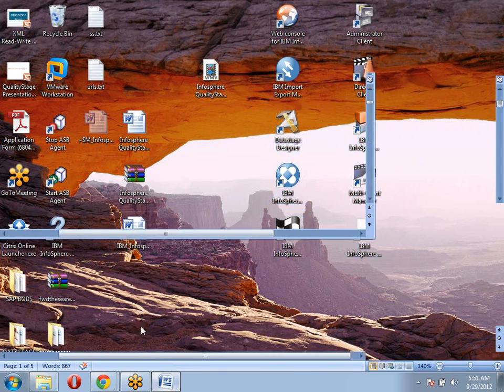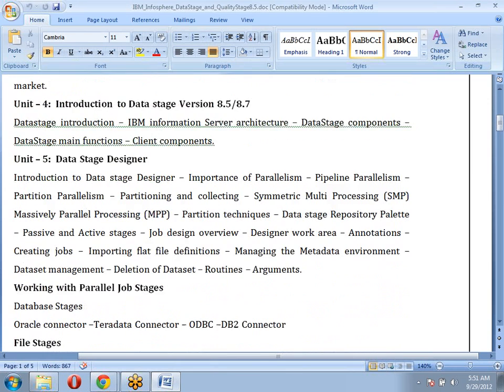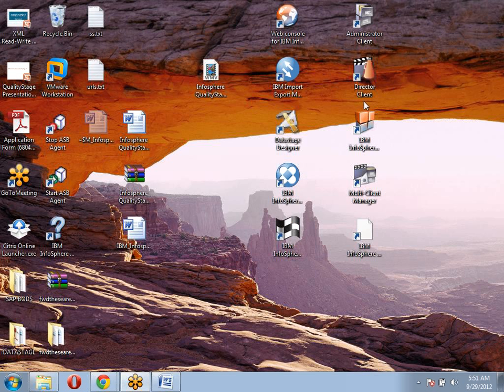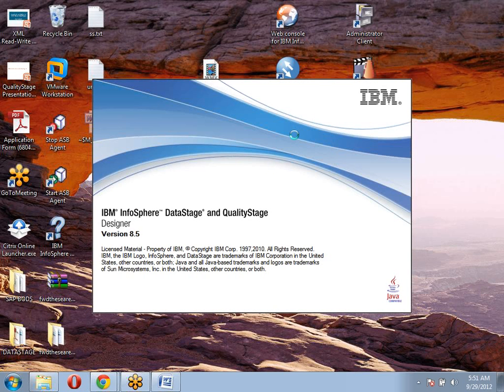These are all the things we need to discuss when we go for this DataStage tool with advanced options also. Let me open one DataStage Designer client component, to show how we have this DataStage and what kind of components we are going to discuss in DataStage, what we already have in this existing process of this particular tool. Let me show you. I'm now logging into this DataStage Designer client component.